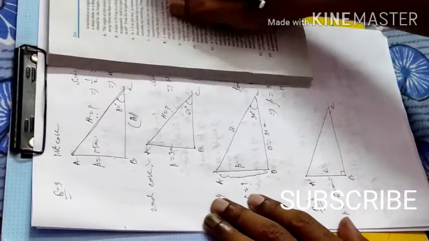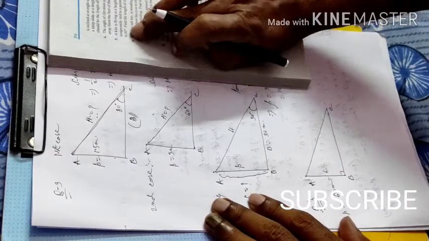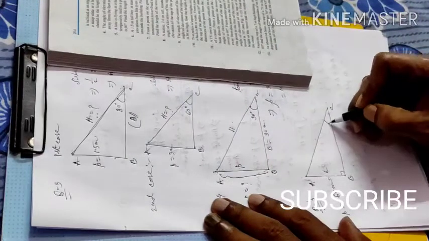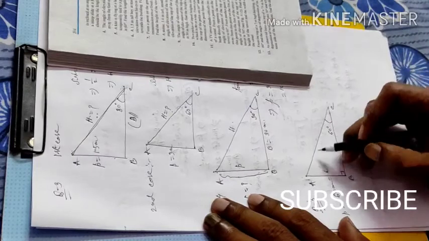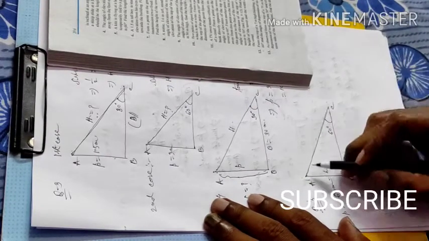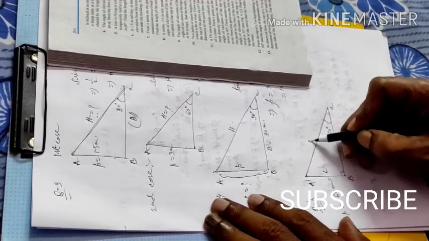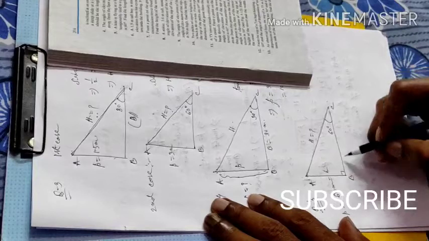So the angle made is equal to what? The angle made is equal to 60 degree. This is your 60 degree. So you have to find out what is the length of the string. This is the length of the string AC. That is hypotenuse. You have to find out the length of the hypotenuse. This is a base.